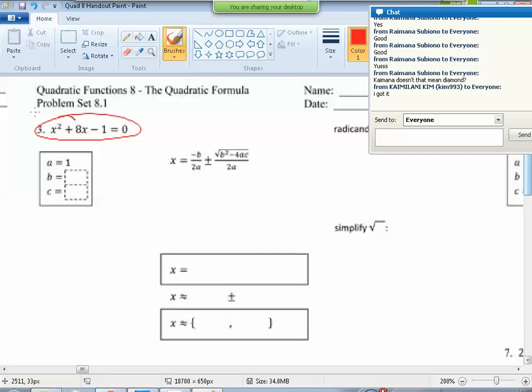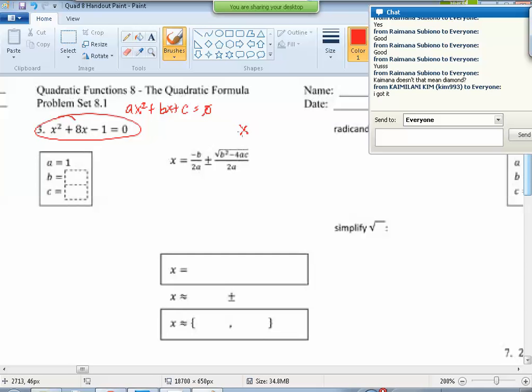Okay. You ready? I'll write down two things for you and hopefully you'll remember that. First thing is this. We use the quadratic equation on equations that look like this: ax squared plus bx plus c equals 0. When we have a situation like that, quadratic equation. And what is the quadratic equation? It is x equals